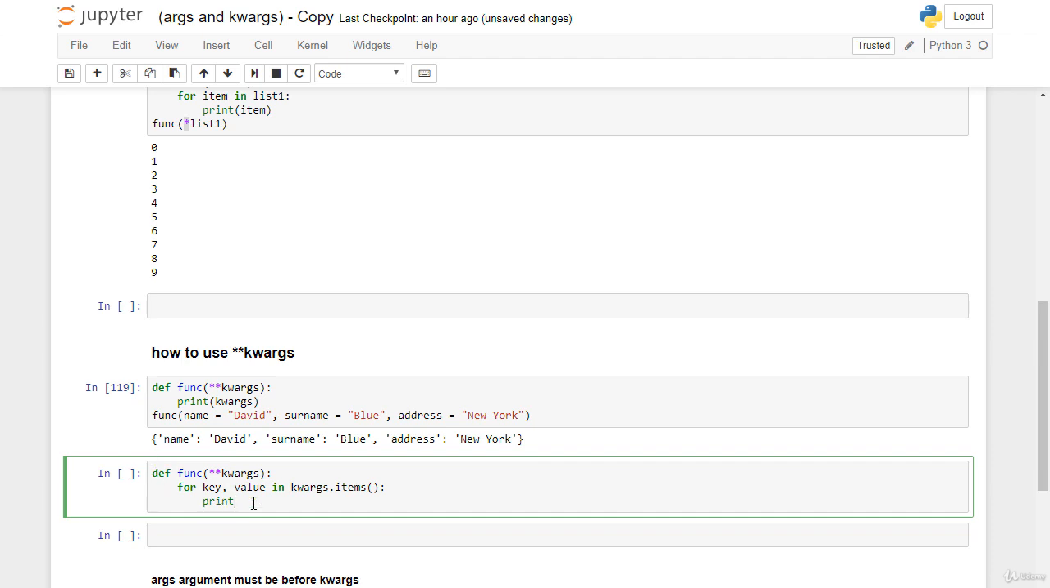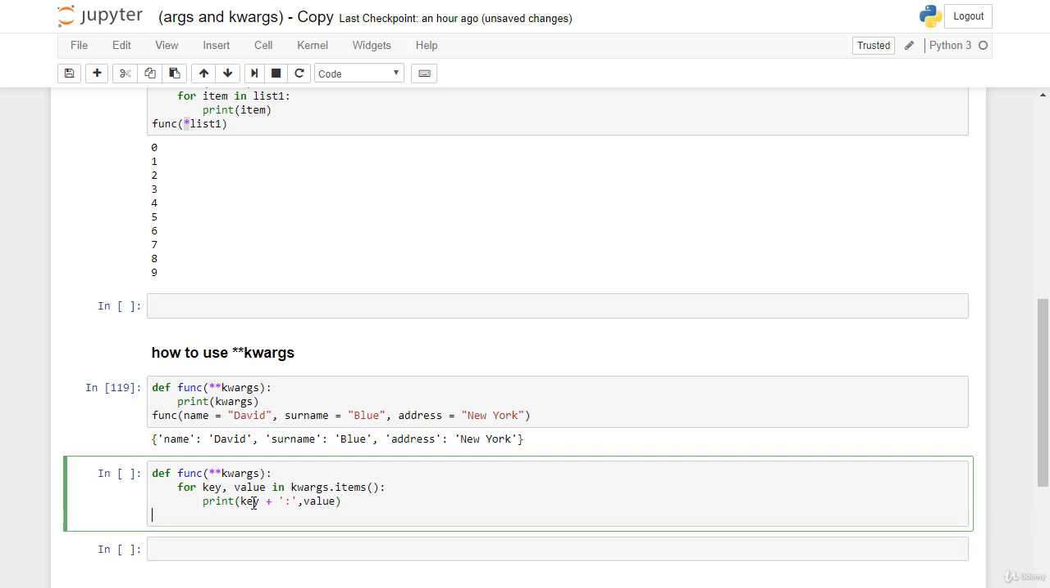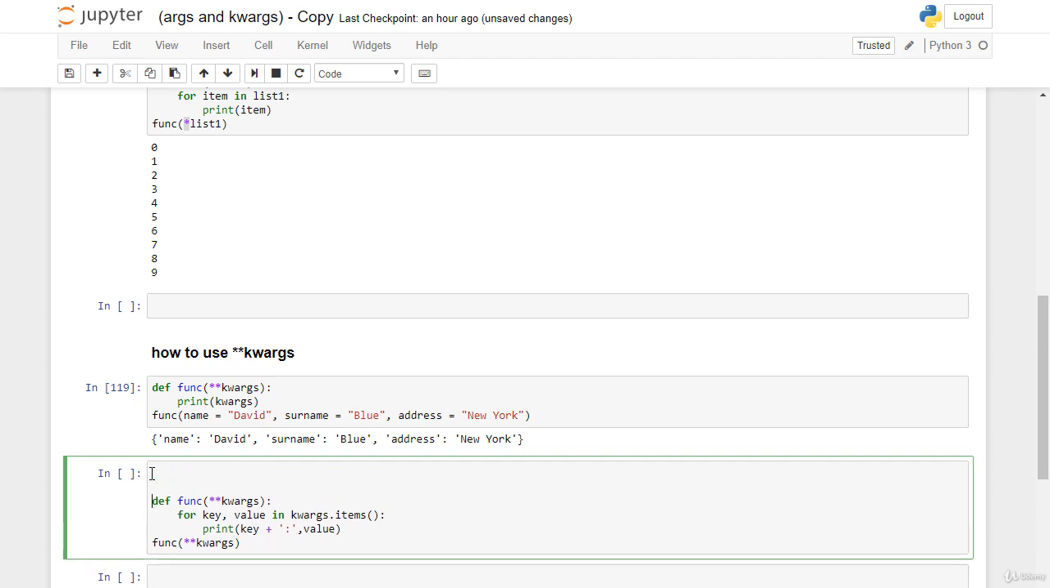Anyway, now let's say print key and plus here I will say value. I want to print out key and also values, and now here I will say func, and here I need to say double star and kwargs. And of course I need to create my dictionary because I already said this is my dictionary name. For my dictionary name I will say kwargs, is equal to